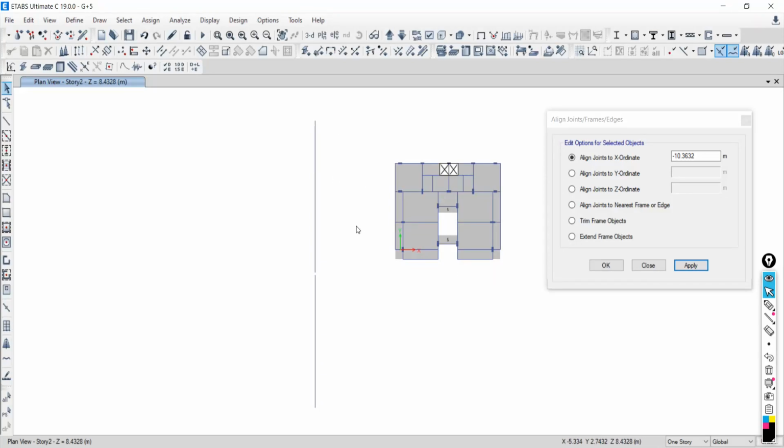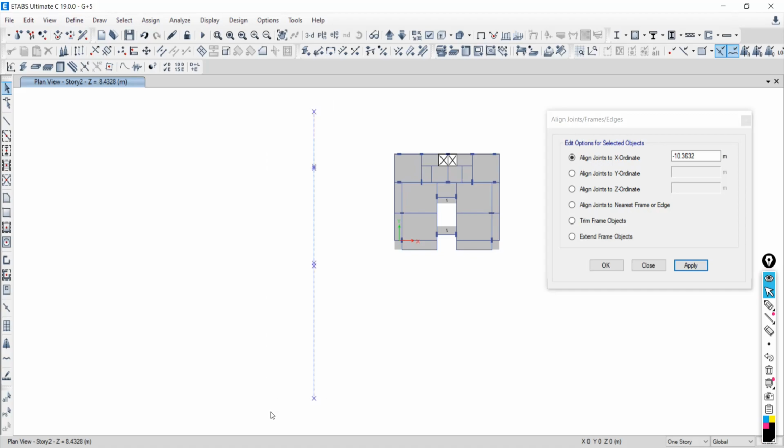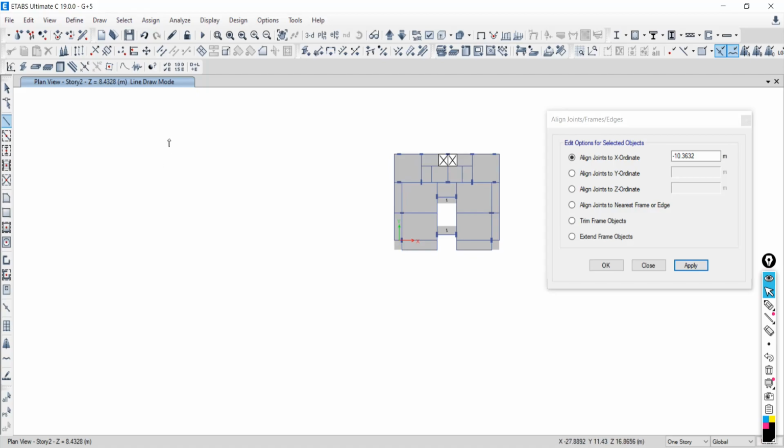Just clear all this. Select these all and delete. Next, another option is Trim Frame. Suppose a frame is there like this. The first point, one beam.